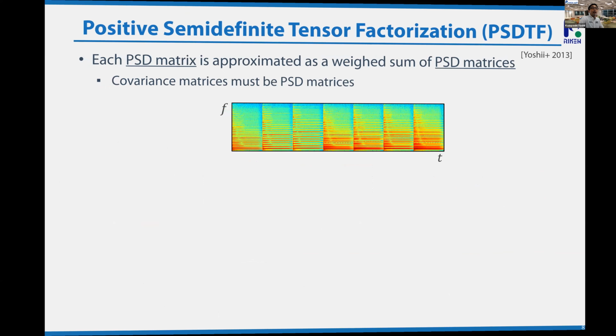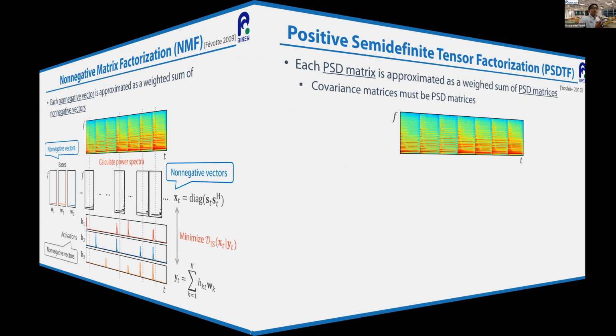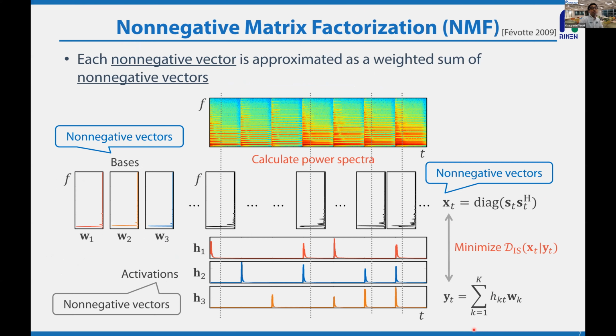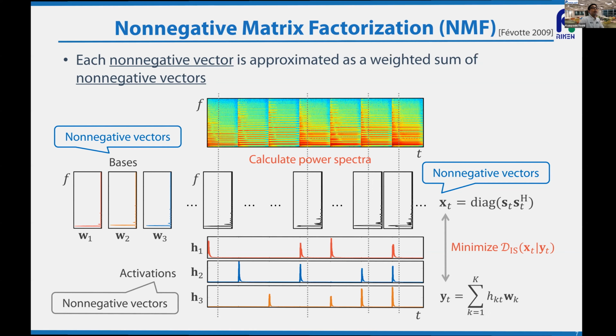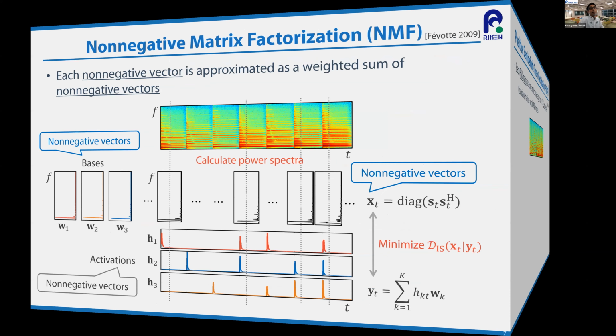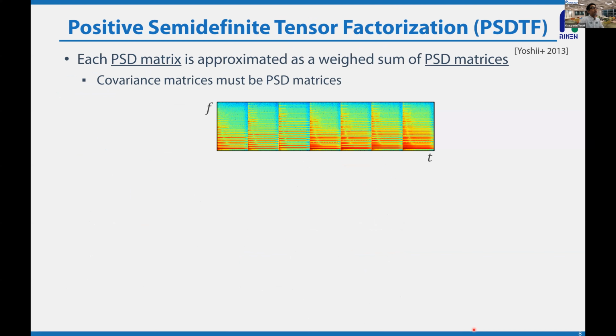However, in this formulation, surface information is not used at all. To solve this problem, positive semi-definite tensor factorization was proposed. In this method,